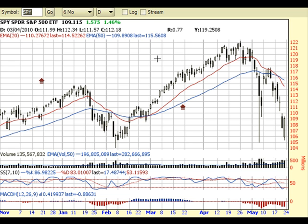Okay, let's start with the SPY 6-month daily view. Quite the volatile week. We managed to come back and retest this support area, this Thursday's low, not to mention that we also retested the February low of earlier this year. So 105 is definitely that strong support level, and it's going to be a support level that I'll be watching for. If it breaks, then we know something bigger is in the works and we can probably get a deeper